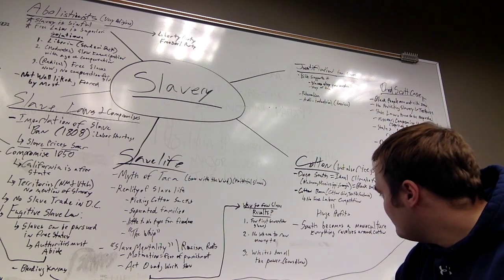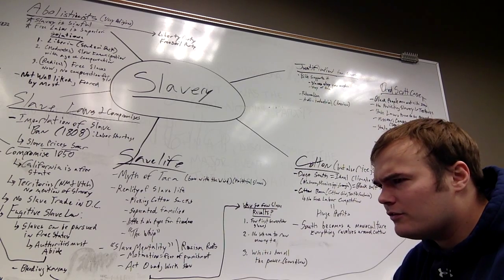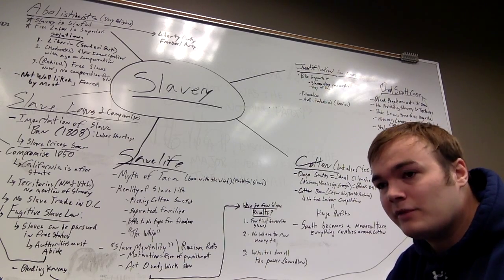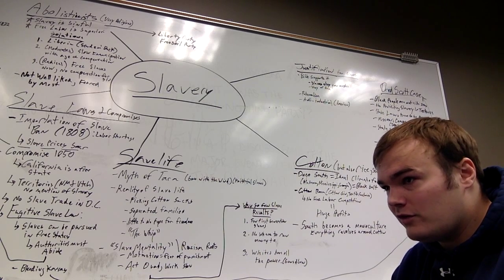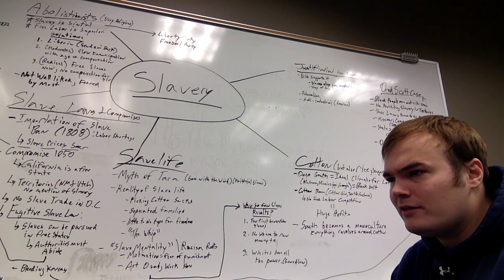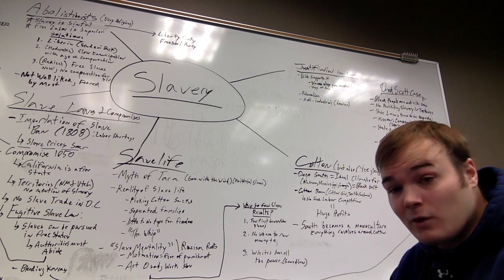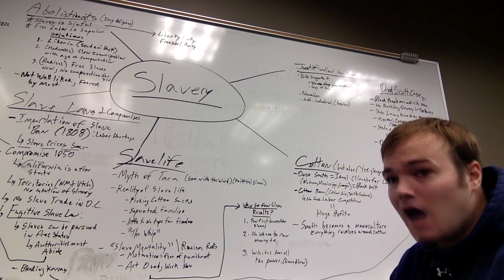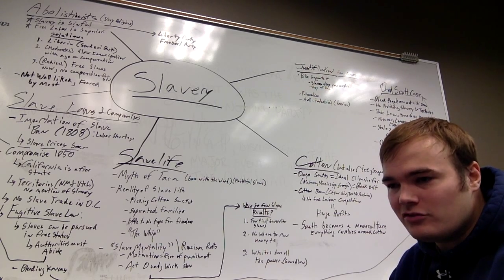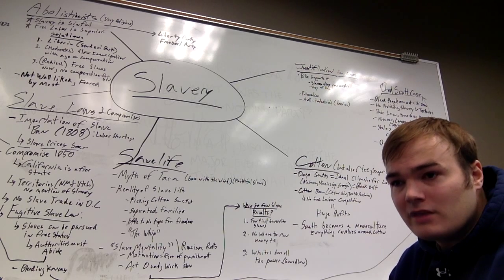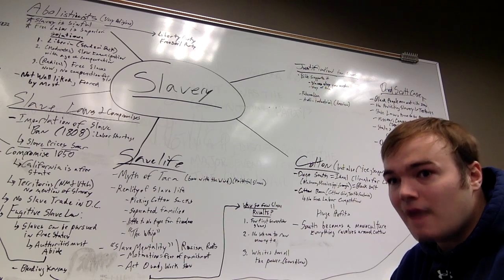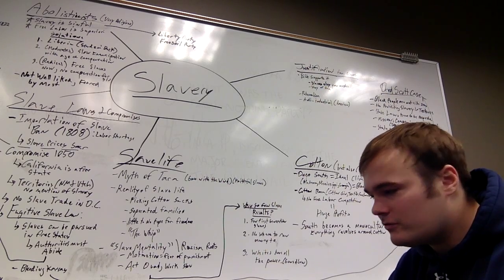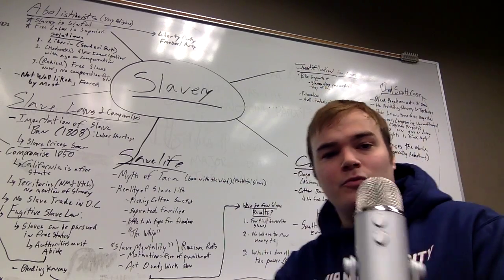So it's going to get to such an extent, as a matter of fact, that the South is basically going to become a monoculture. Monoculture is an important word. You should definitely know it. Monoculture means a culture that revolves around one thing. That's going to be cotton for the South, and by extension, slavery. Slavery is going to be that sort of central identifying factor in the South. Really important stuff.